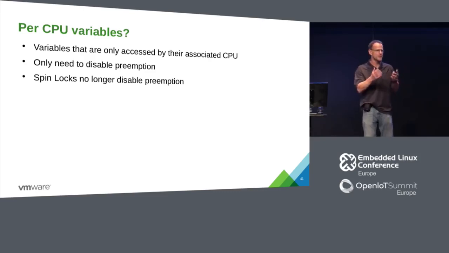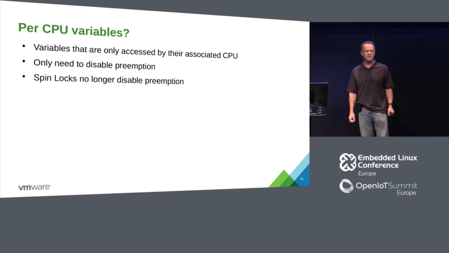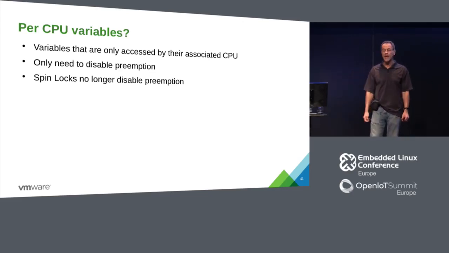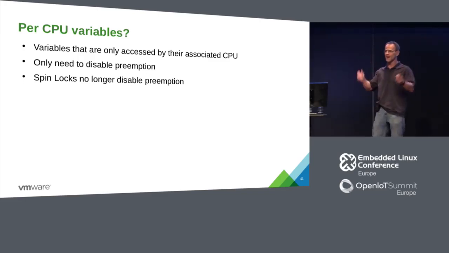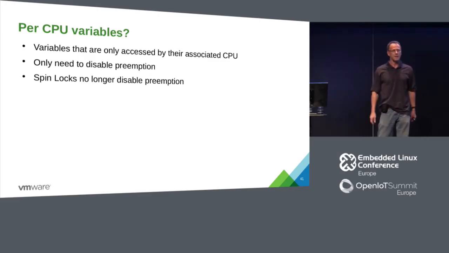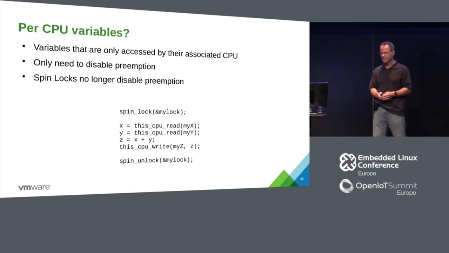Well, how do people usually protect per CPU variables? They disable preemption. And sometimes they do it for a long time. And sometimes they say, hey, spin locks disable preemption. So I'm going to grab a spin lock and do my per CPU variable stuff and then release the spin lock. Hey, great, I just protected that preemption there. Well, guess what? We don't disable preemption anymore. But